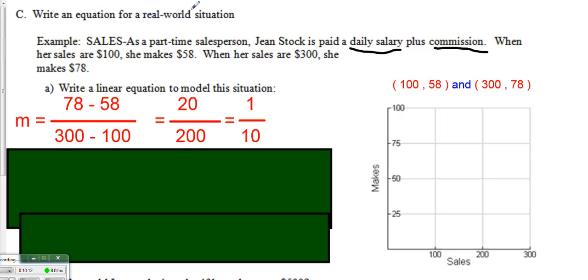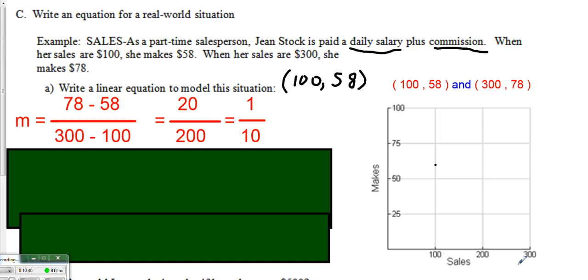Now technically we have 2 points. We have an x and a y value for 2 different places. We have one that says her sales, 100, is our x value. When she sells $100, she makes 58. So she would earn 58. So there's that point on there somewhere. In fact, if we wanted to graph it, we would say sales 100, she makes, so it's going to be